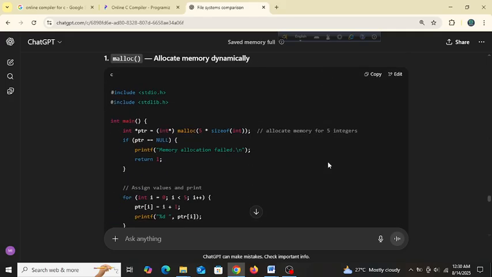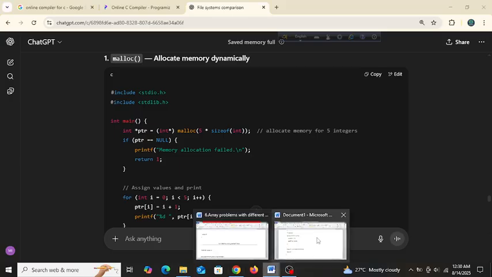Malloc allocates memory dynamically, so integer pointer ptr. So you see here, allocate memory for 5 integers. So memory for 5 integers is being created here, and this pointer is pointing to the first element of this array.